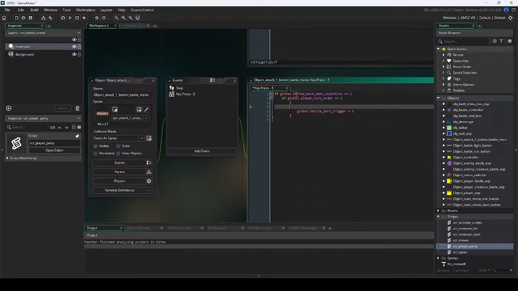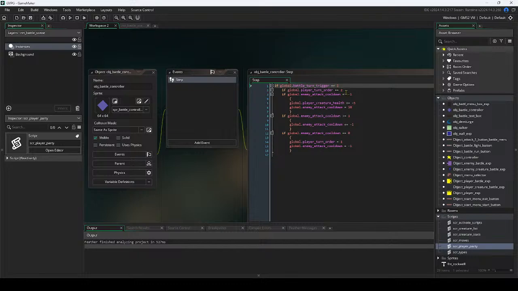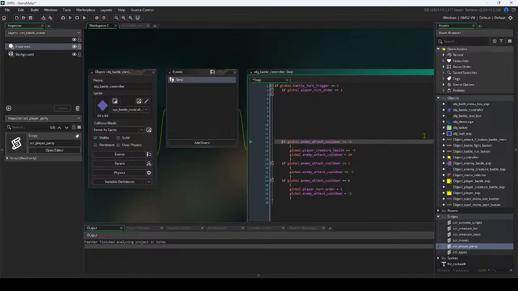No, yeah, it just says. So if you've selected it and it's your turn, it will trigger the battle turn. So it triggers the battle logic. If battle turn 1, it will. So if it's your turn, it